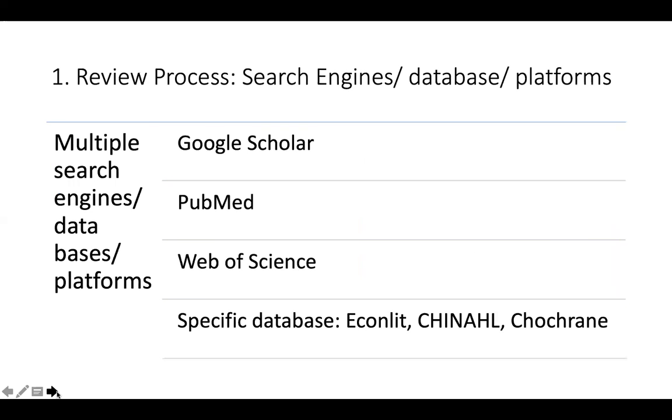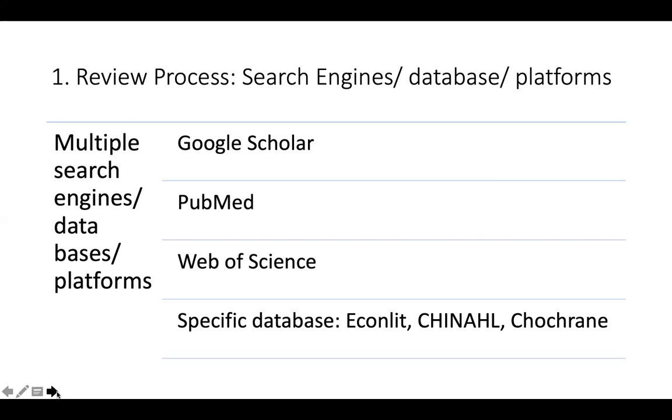There are multiple search engines, databases, and platforms that you can use. I think Google Scholar is very popular. There is PubMed. I highly encourage you to create an account on PubMed and then save all of your searches as you go. Web of Science is also a very good source, and there are some specific databases, for example, EconLit is a database for literature in economics, and then there is CINAHL, where more nursing research is published, and Cochrane,